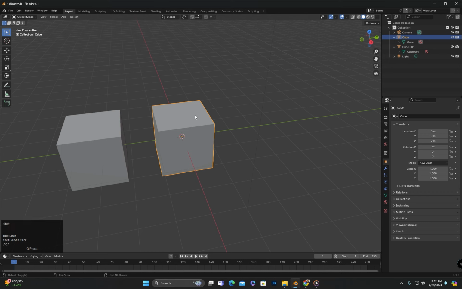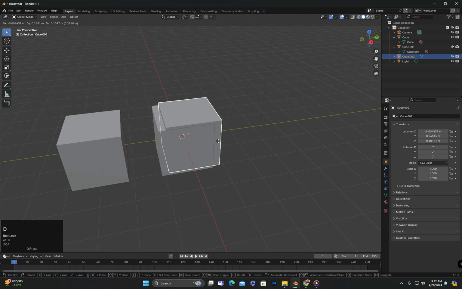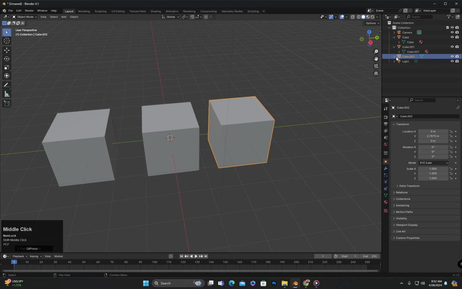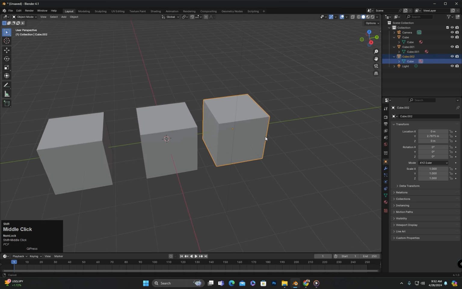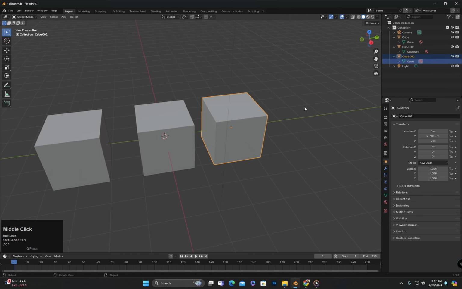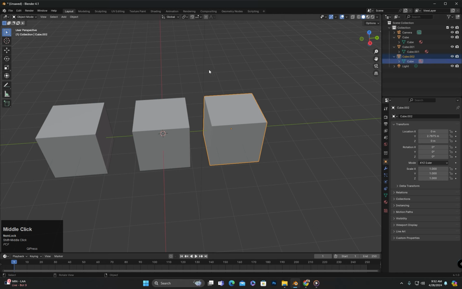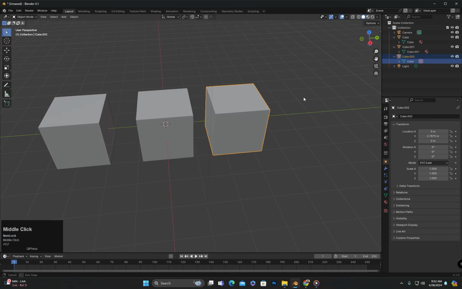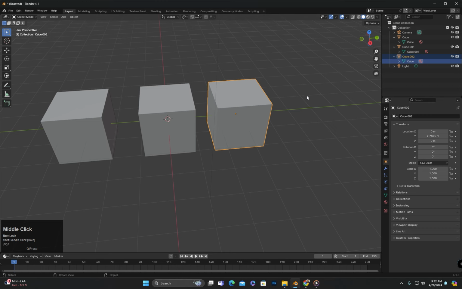When you duplicate an object using Alt plus D, it creates a linked duplicate. This means that although the object appears duplicated in the outliner, the data will still be linked to the original cube. And because the data for both objects will be the same, we will save resources, because the computer will not need to calculate separate data for each one. It will only need to calculate one set of data for both objects.